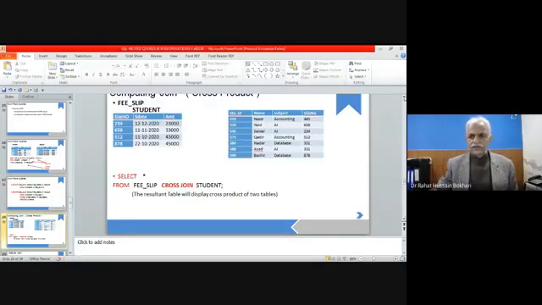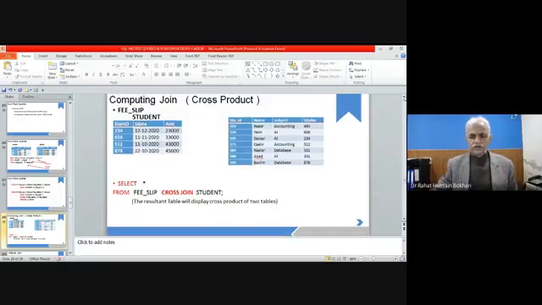So now we have to discuss the cross product. We already know that when we use two tables for the cross product in relational algebra, we studied that it takes the first instance of the first table and forms a cross product with all the rows of the other table.